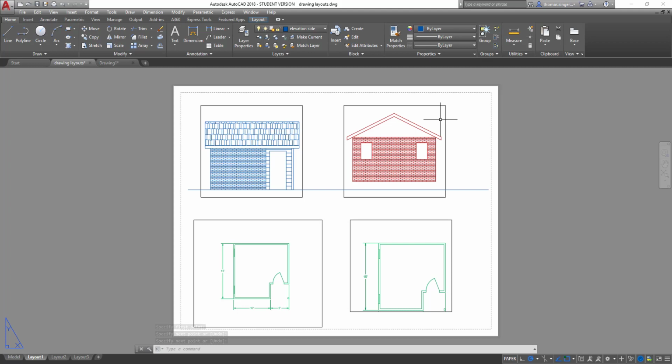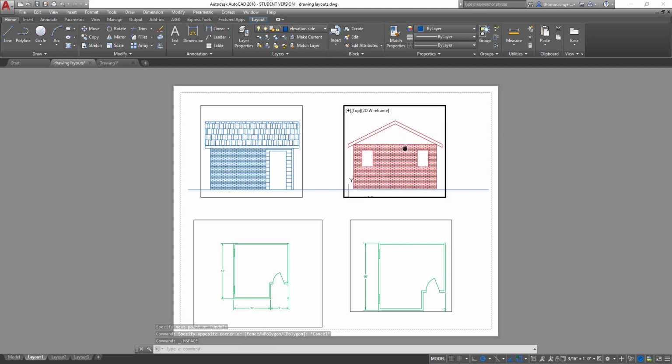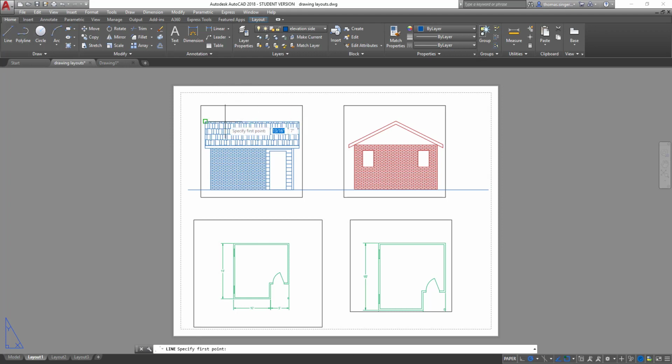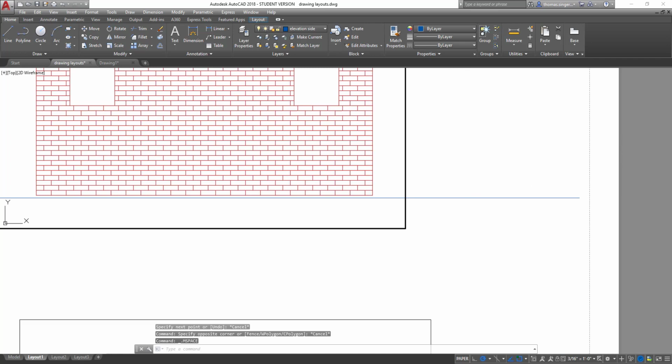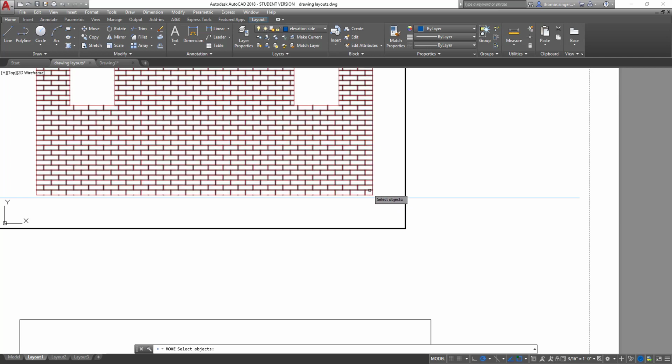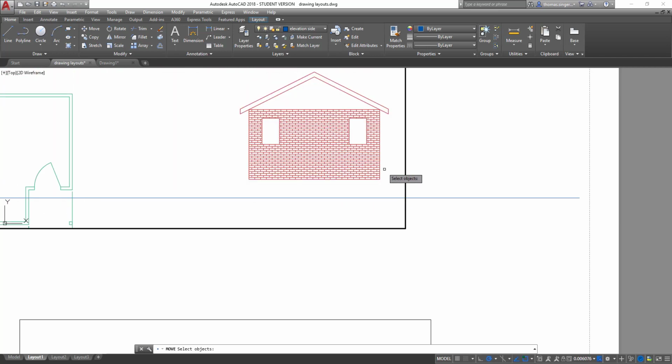So if I double click in here and pan this down and line this up to the bottom line, and double click out, when I draw the top line across, it should line up. And it does. I might be off just a little bit. Again, we can magnify and you can see that I'm off just a little bit here. So I can double click in. And level of accuracy: can I snap it to this line? Can I use the move command and snap it? Not really. I can try,